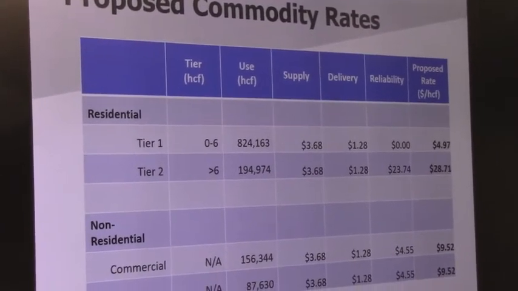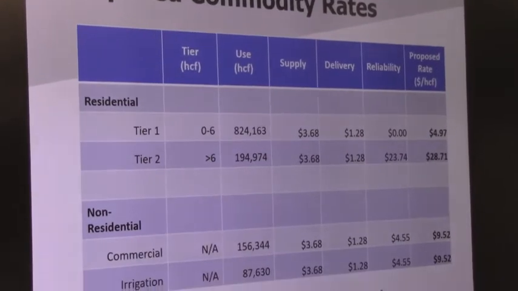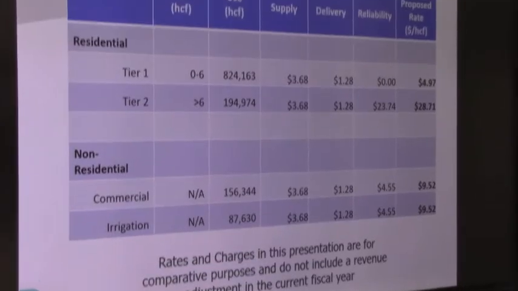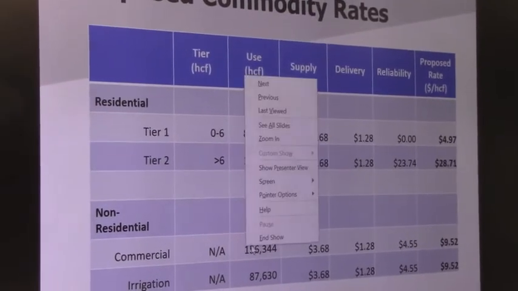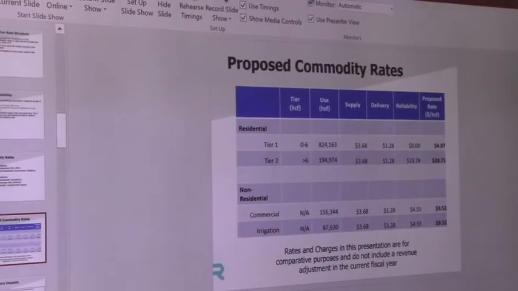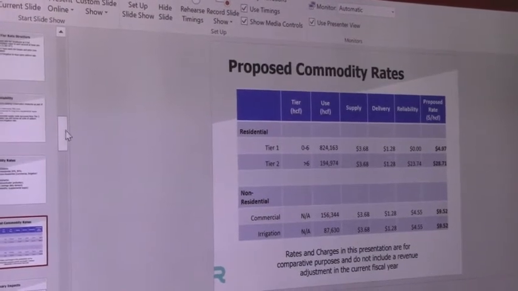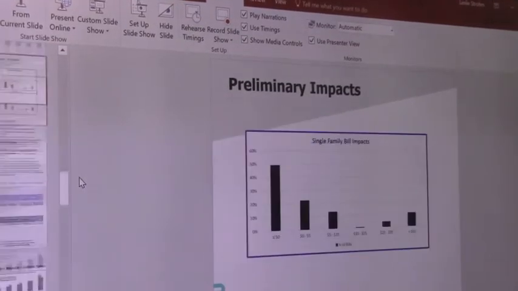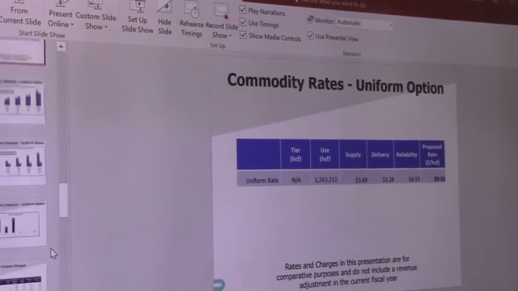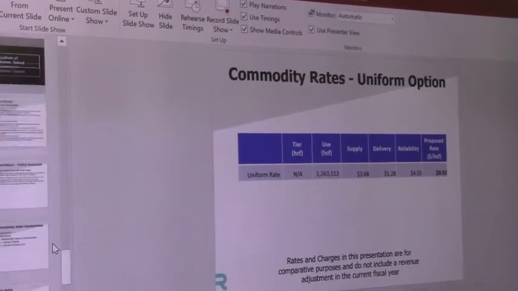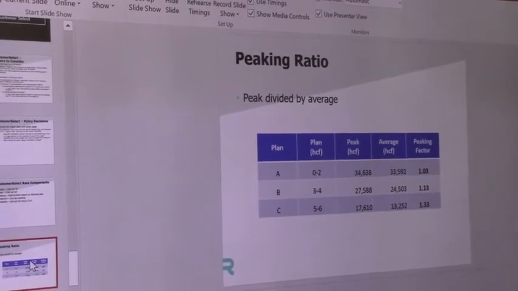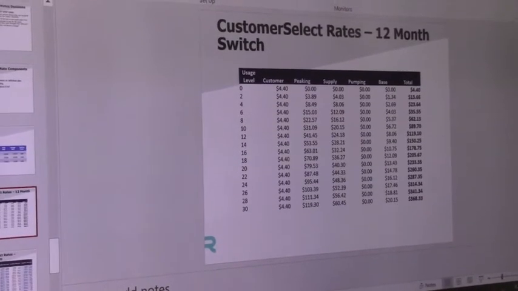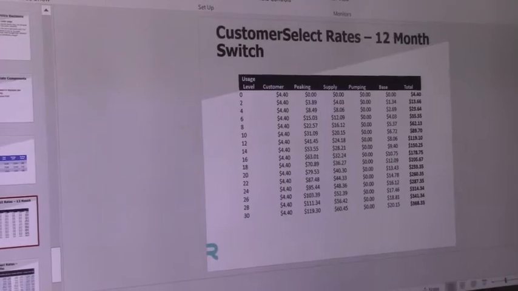Well, what's everyone's thoughts on that? I'd be curious, can you go forward to where they did the breakdown of where that $4.40, those different customer select charges, are coming from? Because I think that's a little bit of the math behind the numbers. I think this one? That one, yeah. Okay, so let's make it a little bigger for us here.